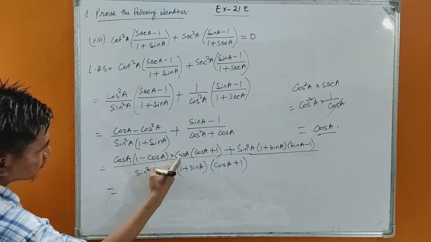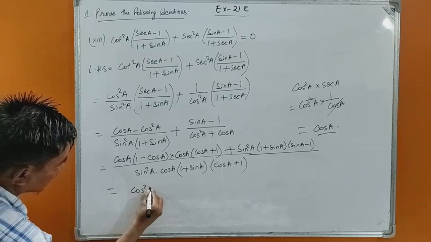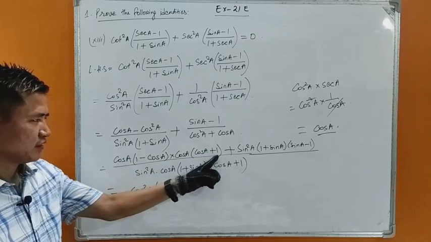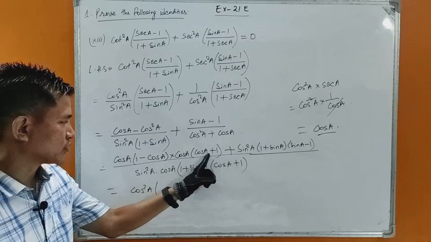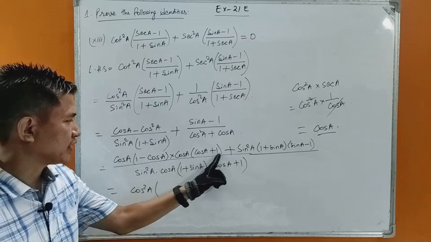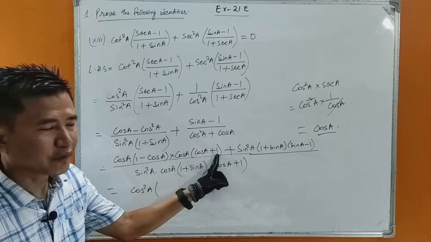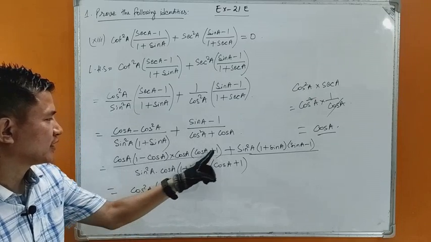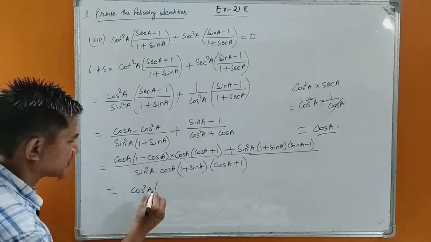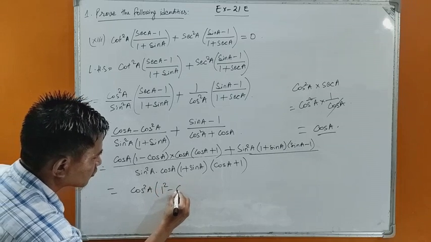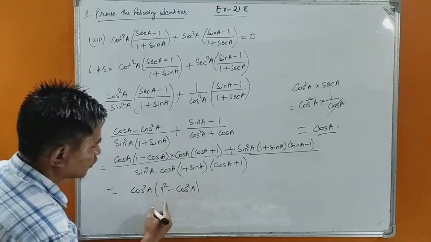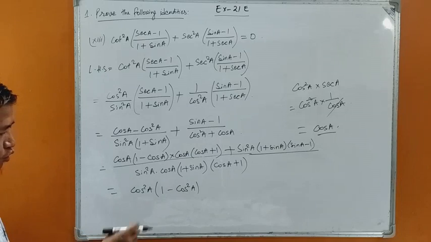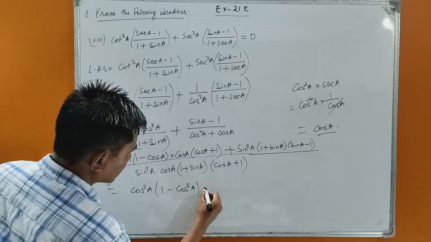So cos a into cos a is cos square a. Now 1 minus cos a into 1 plus cos a, isn't it? 1 minus cos a into 1 plus cos a, that is a minus b into a plus b. This cos a plus 1 can be read as 1 plus cos a. 1 plus cos a, 1 minus cos a: a plus b, a minus b means a square minus b square, 1 square minus cos square a. So 1 square is 1, so we need not write the power of 1. So 1 minus cos square a plus, okay,